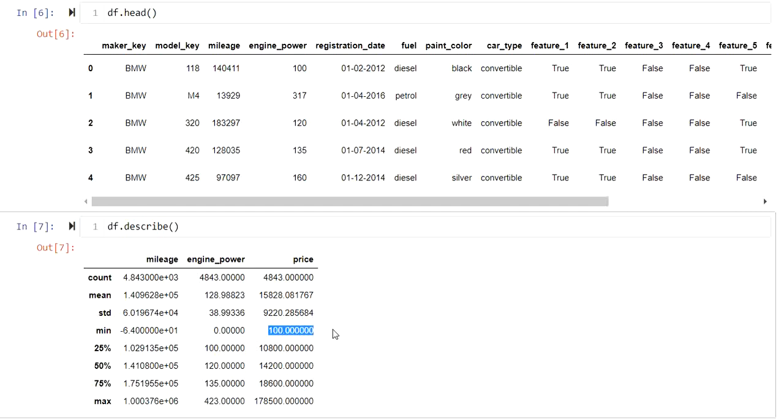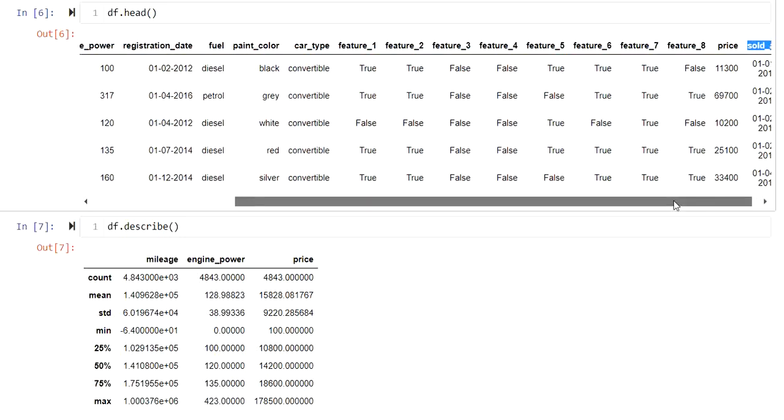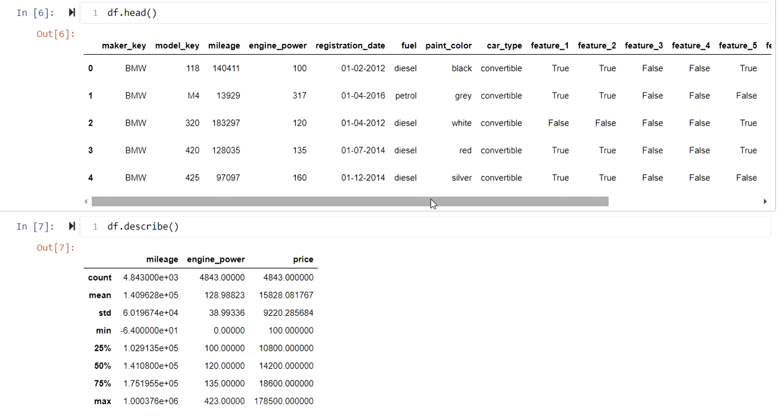Go to your data, look for the records where the price is 100 and check their corresponding registration date and sold date. If it turns out that these cars are quite old or were registered long ago, maybe 30 years old, then in that case a car price can be $100, given that dollars is the unit. But if this hypothesis goes wrong, then it's possible that your car price having 100 as the unit might be wrong.